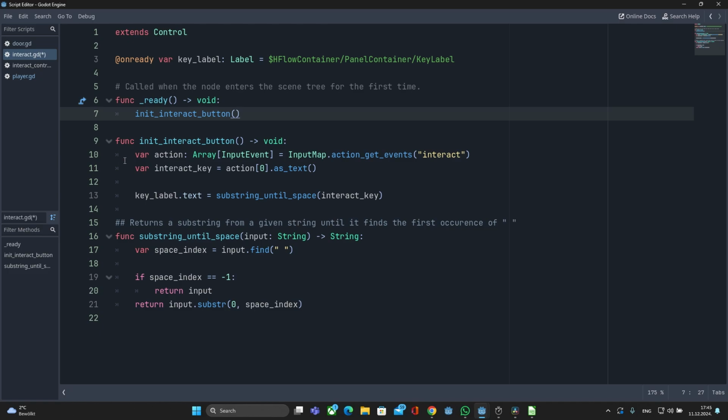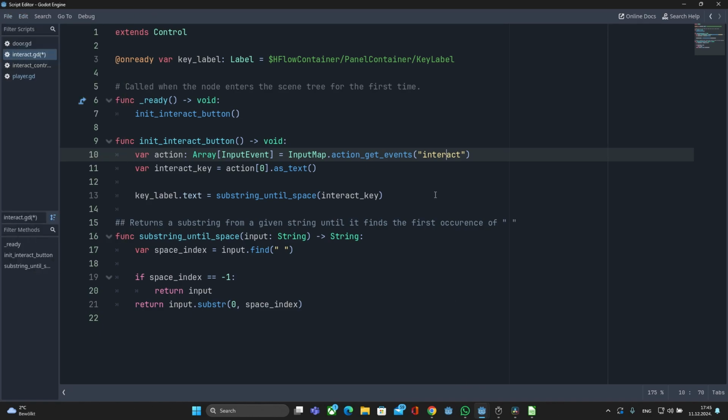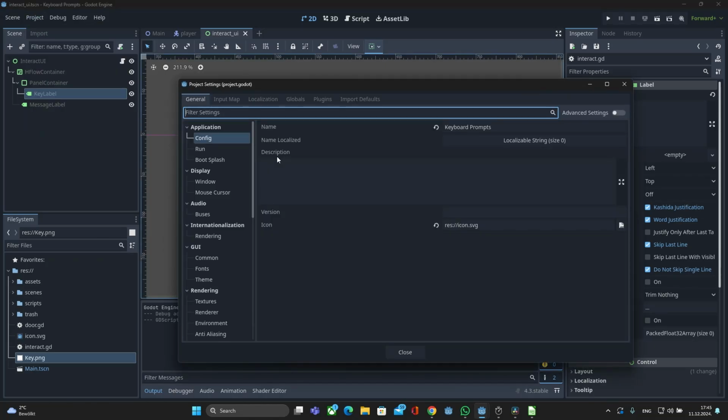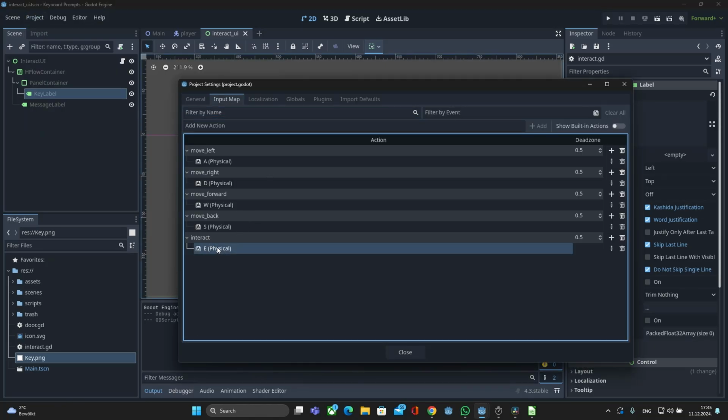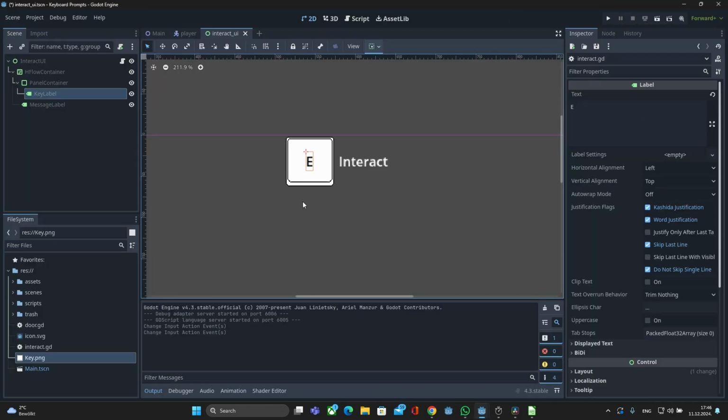Within the init interact button, we first get an array of actions for the name interact, because this is how it is defined in my project. And from this, I take the first item in an array, because I only have one button for each action, as you can see here. And what is returned here is exactly this, so E and physical, which is a problem because you can't just take the first key or the first character from this string,